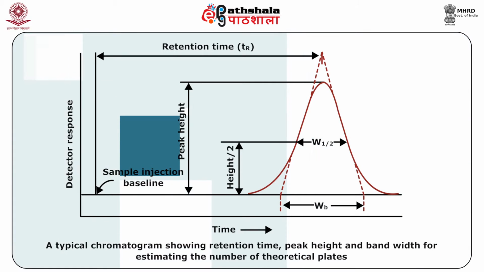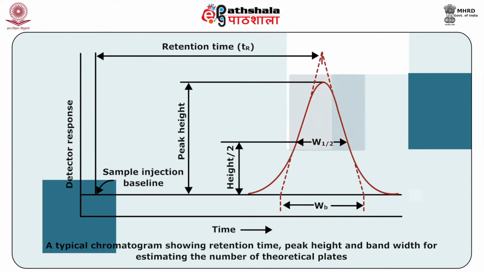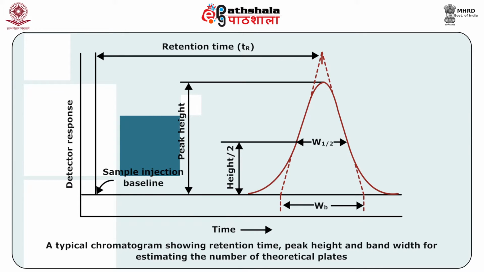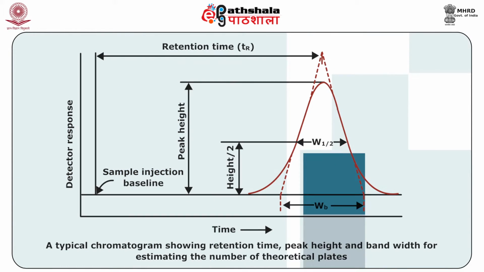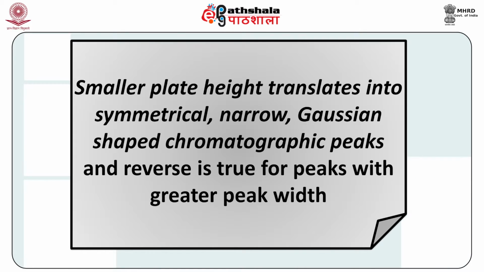W is the peak width or bandwidth. W 1 by 2 is the bandwidth at half height of the peak. We can assess the efficiency of the column from the chromatogram by visualizing the shape of the peaks. A smaller plate height translates into symmetrical, narrow, Gaussian shaped chromatographic peaks, and reverse is true for peaks with greater